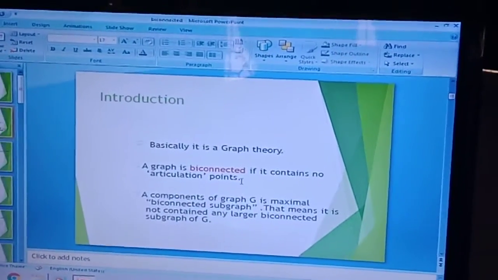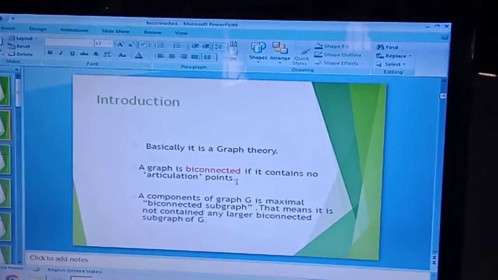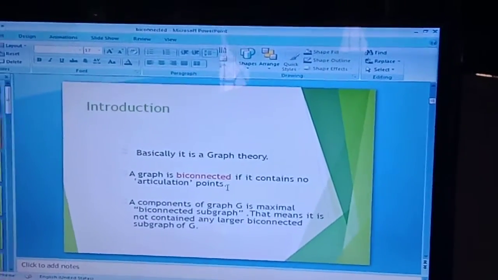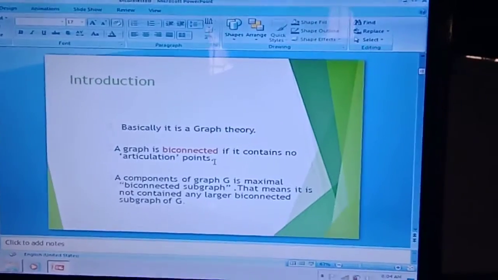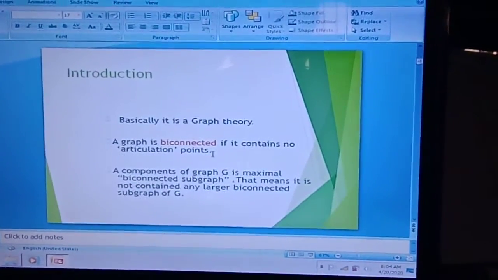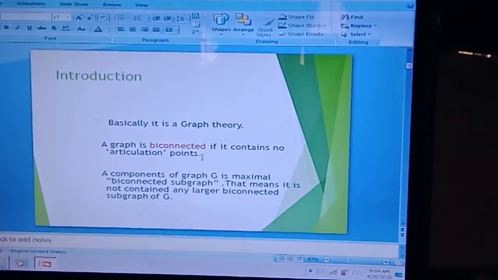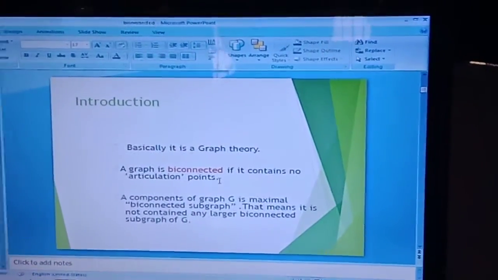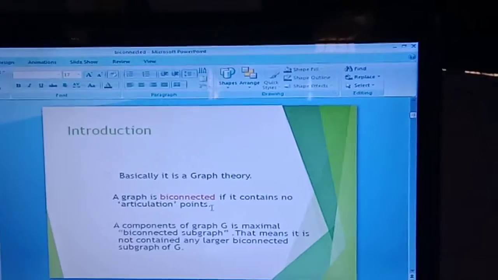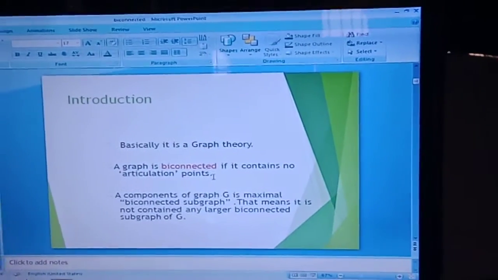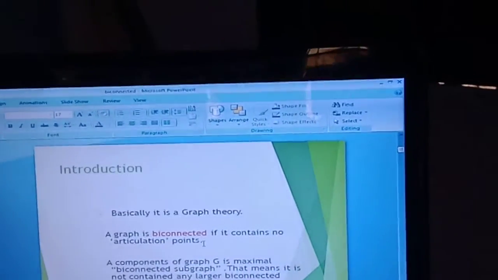A component of a graph G is a maximal bi-connected subgraph. That means it does not contain any larger bi-connected subgraph of G. That is nothing but, a graph is bi-connected if it contains no articulation point.